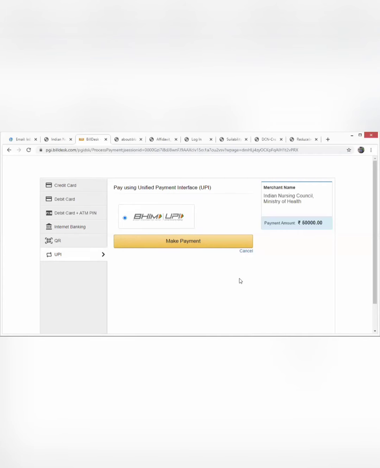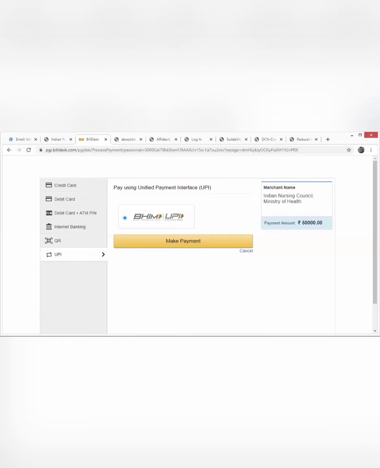But the Indian Nursing Council will only reconcile within the next 2 days, because INC will get the amount paid by you from the bill desk and the bank account only after 2 days. After 2 days, we will inform you whether the transaction has happened and we have received the amount in the Indian Nursing Council account. So it is necessary to wait for 48 hours.